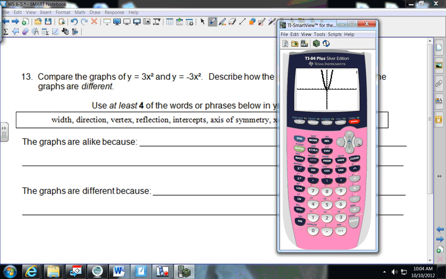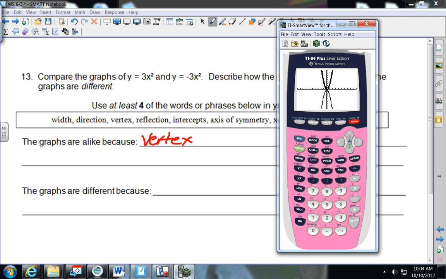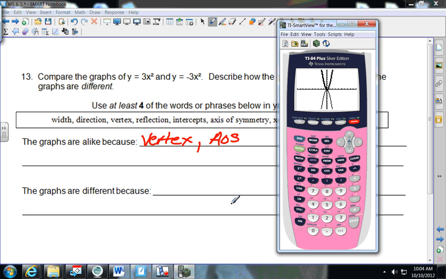There's the first one. There's the negative 3x squared. How are they the same? Same vertex. The vertex on both of them is 0, 0. Same axis of symmetry. I heard the width. How do you know the width is the same? They are both narrow, but what's in the equation, how do you know? They're both 3. Well, the negative, what's the only thing the negative has to do? The negative makes it open downward. So the width